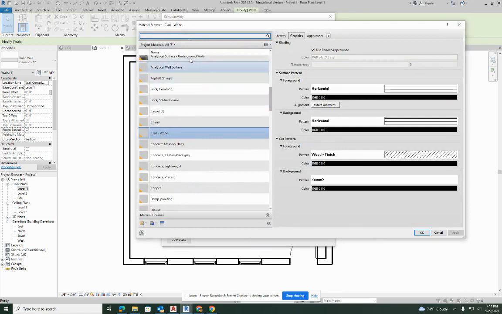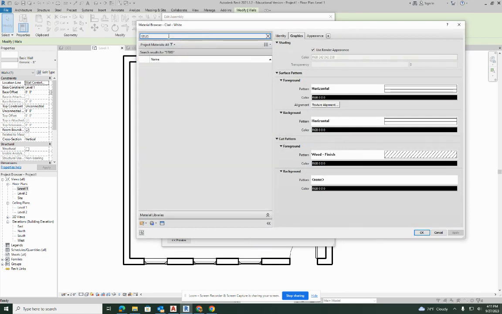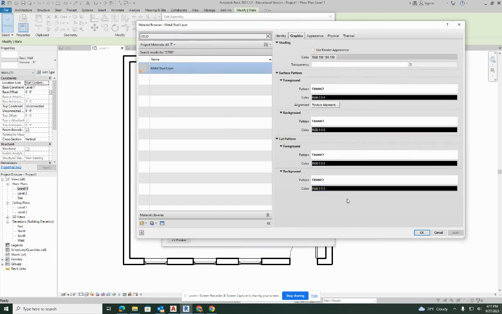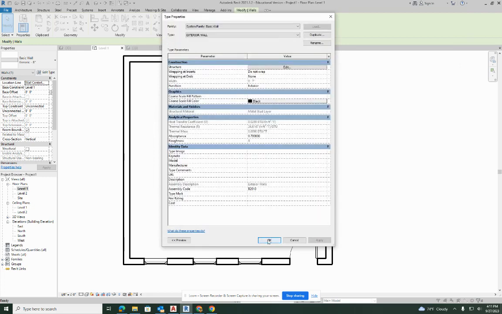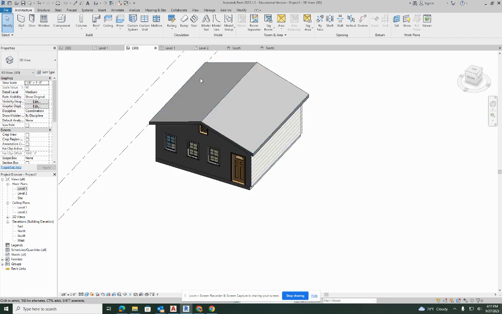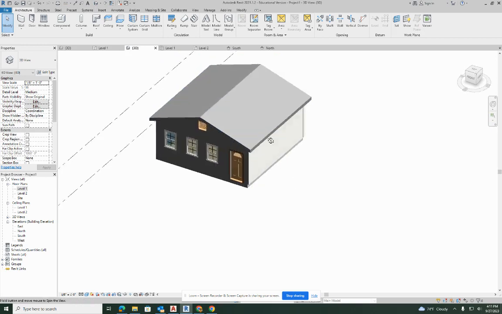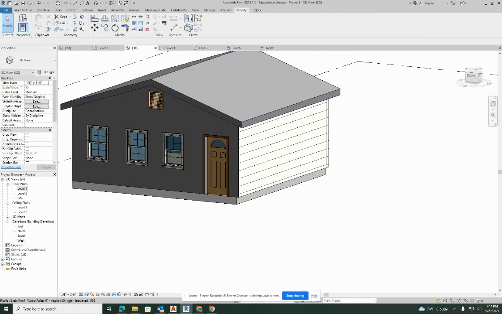All right, so if we want to change our studs here, let's go with stud. We're going to do metal stud layer for that. Then we're going to hit OK, and then hit OK again. It didn't look like it really did anything, but theoretically it did. So it changed that wall and it put siding on it. So I can either match the other walls to this,